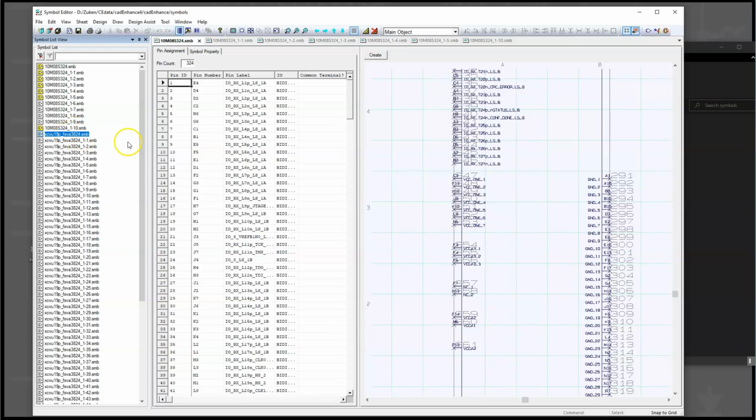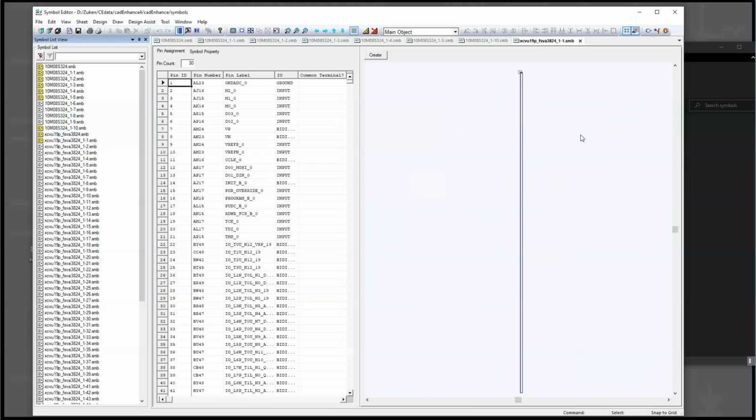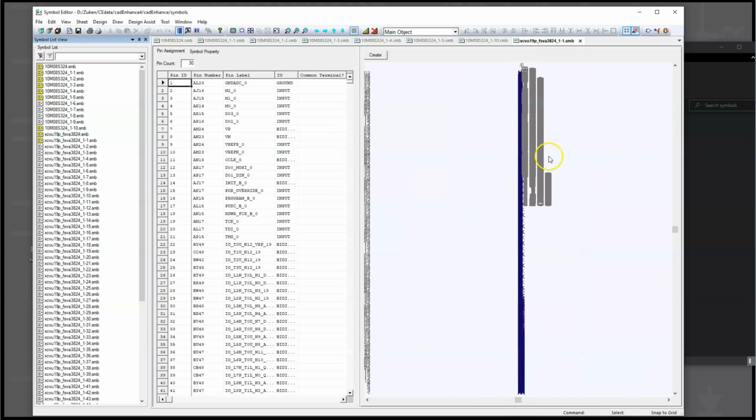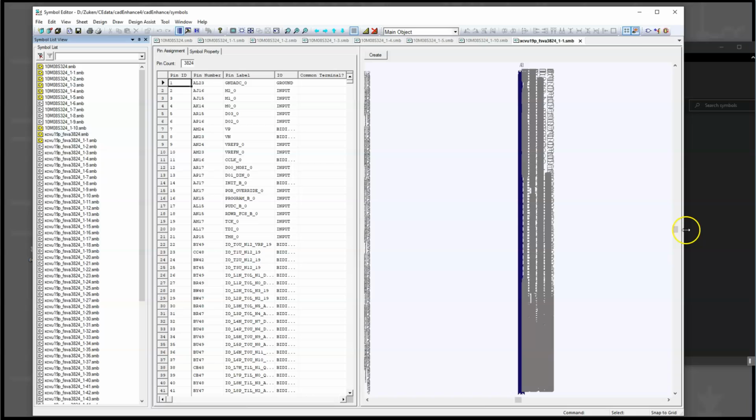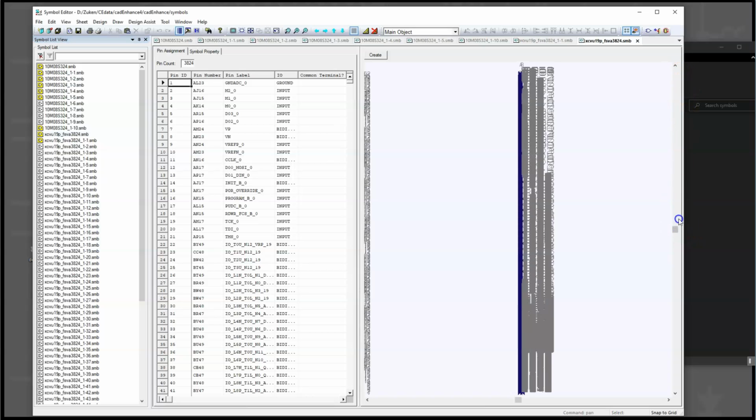Here is one I built as well: 66 symbols to describe this new Xilinx part, which has 3,824 pins. This symbol is symbol 1, and it's only got like 20 pins, but the super symbol has all 3,824 pins. So when we look at this one, it's just going to look like a complete mess until we zoom in. It's just a giant blur. I was afraid I was going to crash the